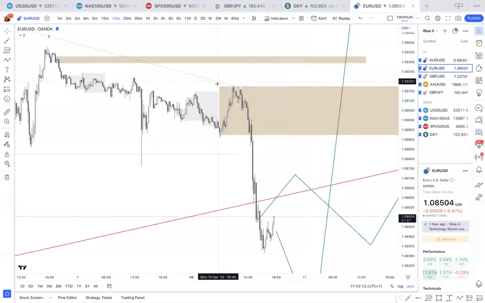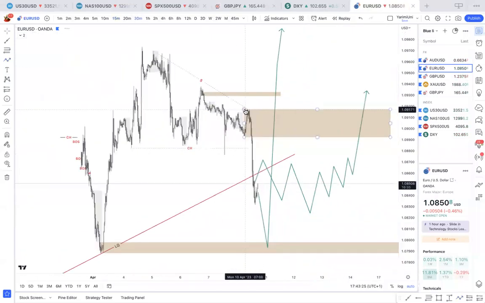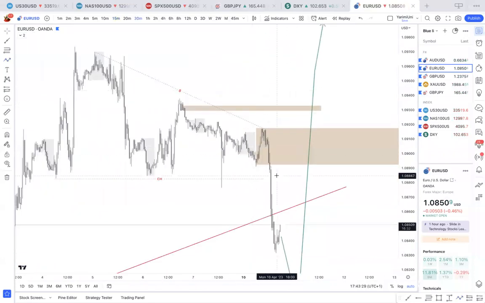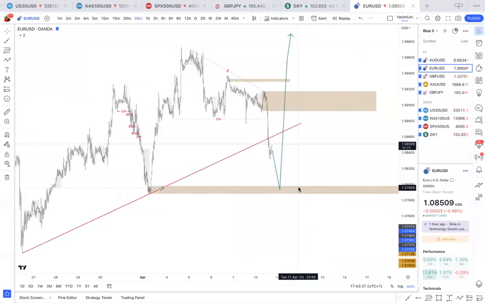Okay. It ended up just taking the first Asian high and continuing down. That's fine. The market does what it wants. We can't control the market. We just anticipate what happens and try to be on the right side of the move. So that is Euro USD. So for Euro USD, just to reiterate again, price is moving currently right now, but I'll be waiting for this area here to sell from or this area here to buy from.